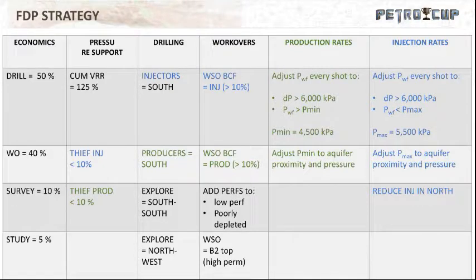The workovers should be focused on fixing the behind casing crossflow in injectors with more than 10% thief injection and producers with more than 10% thief production. The next focus is to shut off the hypermobility streak at the top of the B2 unit, both in injectors